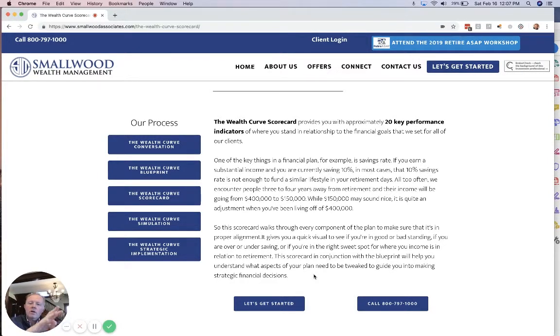Jersey. Today, we're continuing the conversation on the scorecard, and we're focusing on some of the more protection items, and these protection items are super important to the optimal mix of your wealth curve blueprint. The blueprint, again, is a snapshot of income, taxes, savings rate, lifestyle, current assets, current liabilities, future liabilities, life insurance, disability insurance for the foundational items, with long-term care and pensions and umbrella and wills and trusts.